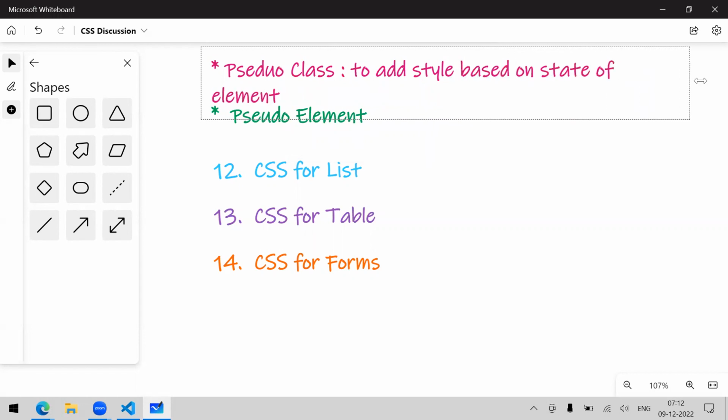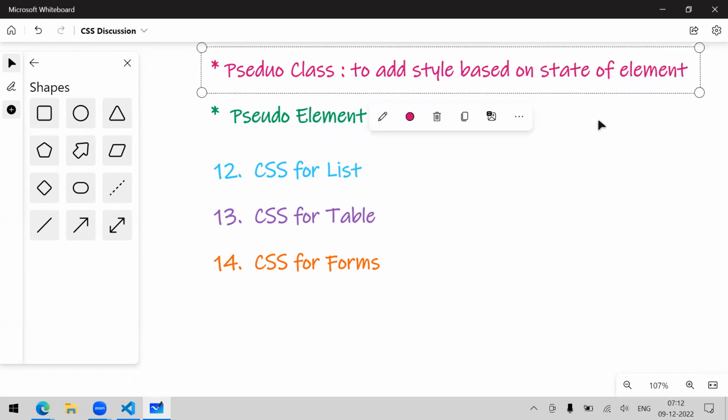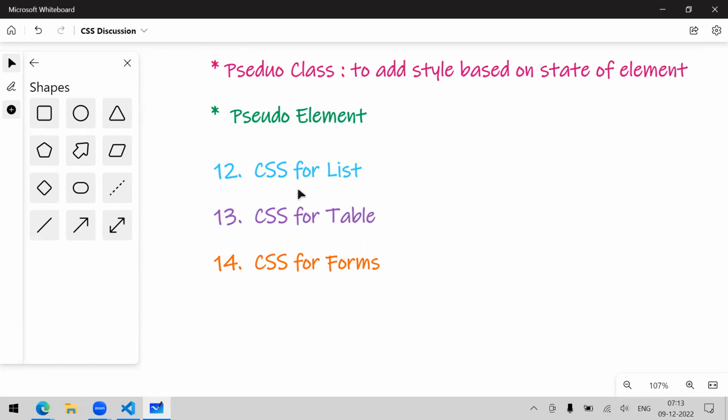State means, it's very simple. If you hover the mouse or whatever activity you are doing with that element, whether you have clicked or you have just hovered the mouse, these kinds of activities are handled with pseudo classes. Means if you want to give the property, okay, so let's say